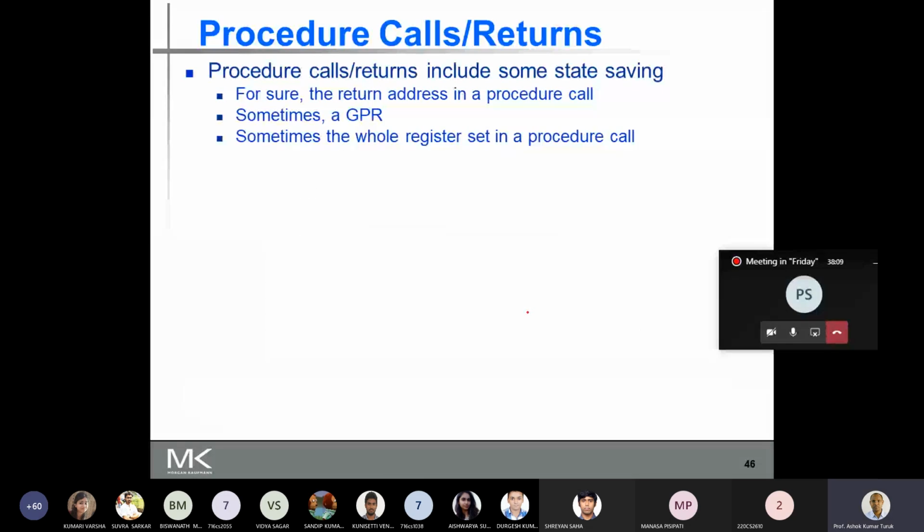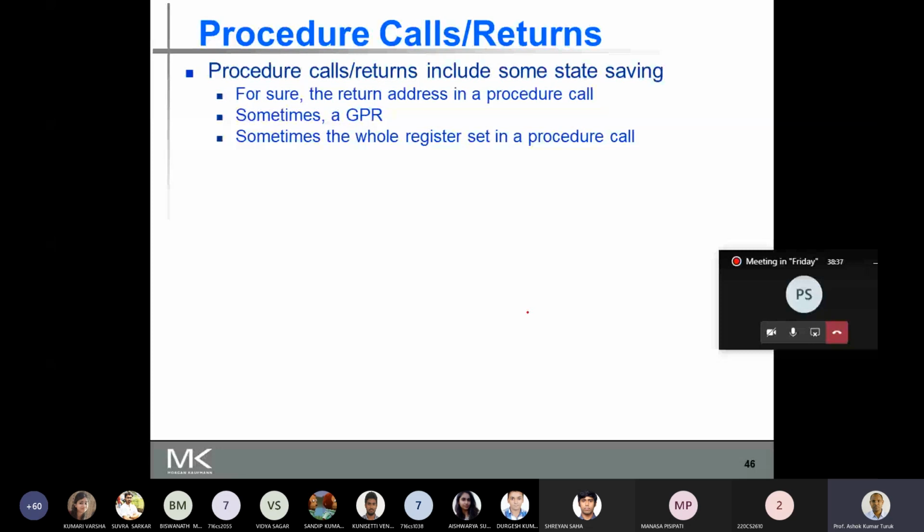Now let's look at another case, procedure calls and returns, and how they are handled. In procedure calls and returns, you transfer the control from one location to another location, but it includes some saving of the states.